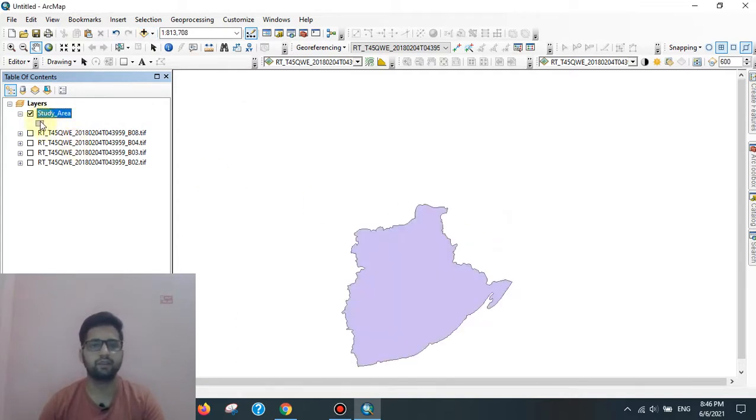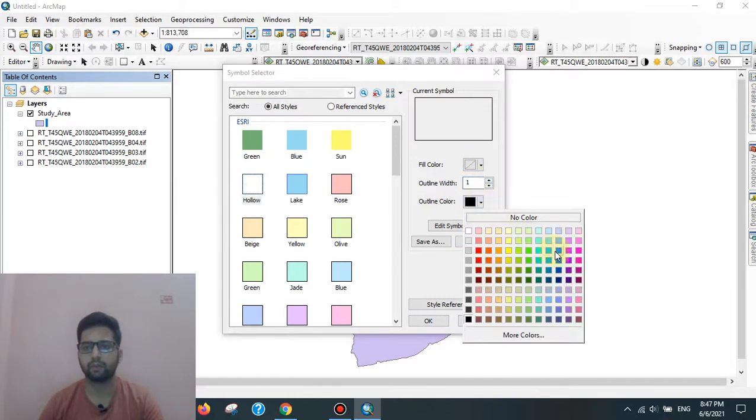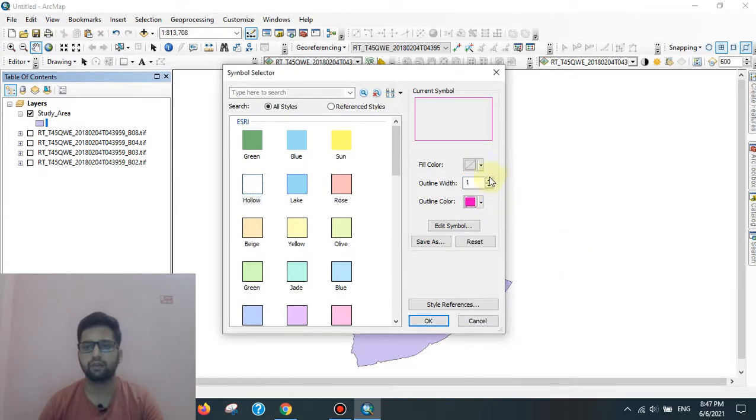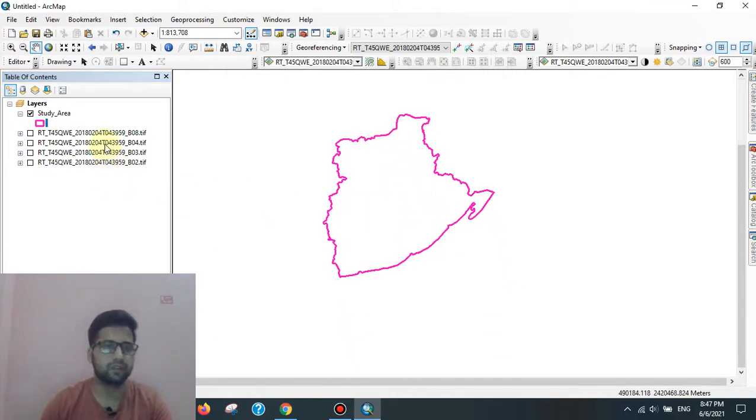After adding the data, here we can see the raster data and the vector data. To process this data, we can use the ArcGIS Model Builder.